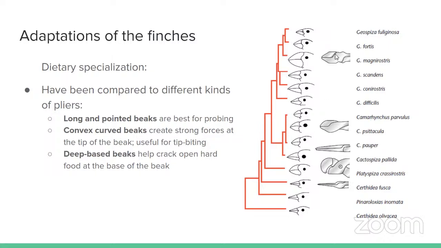We're comparing those beaks to different types of pliers, right? So when we're thinking about this dietary specialization, to eat something, right? You eat it with your mouth, you need to bite it, right? So looking at these different beak forms, we can see that different beaks are better, basically, for eating different types